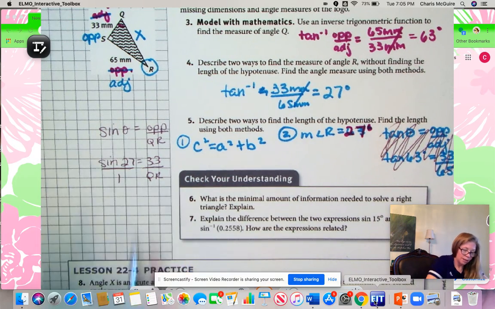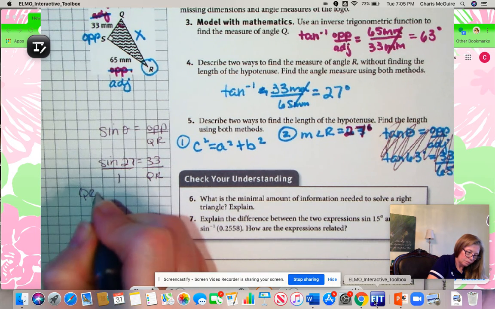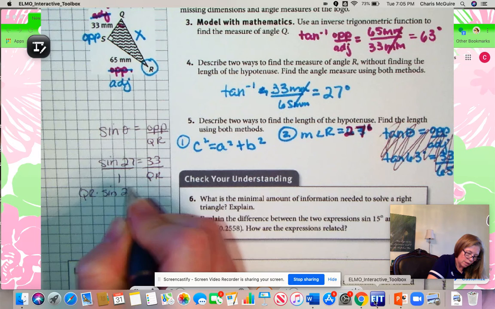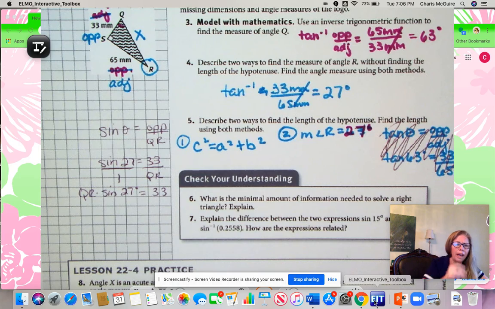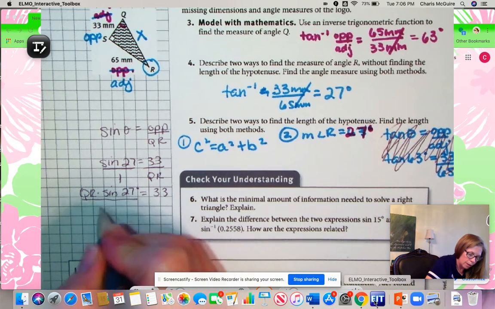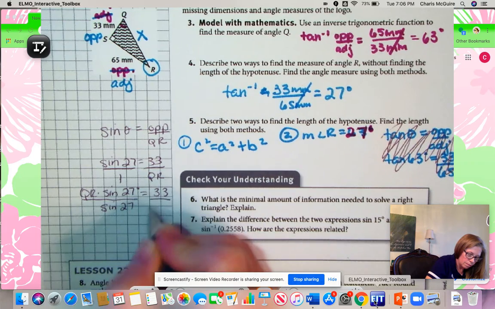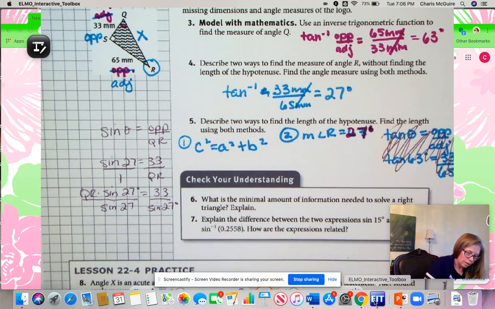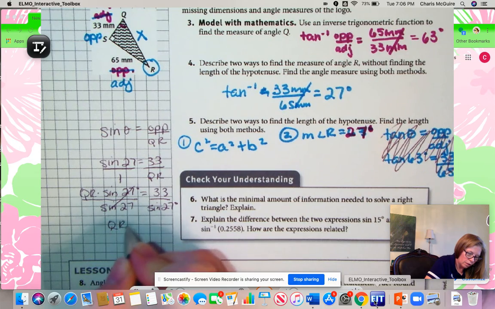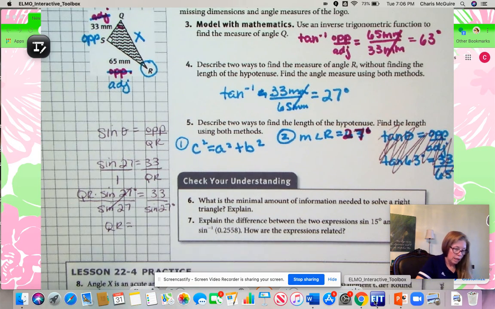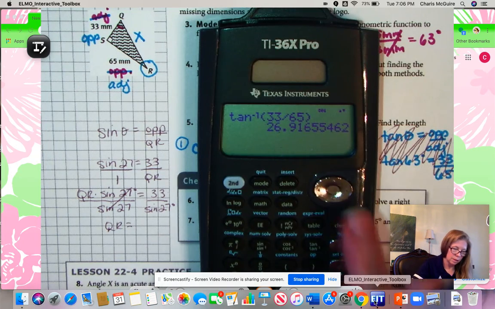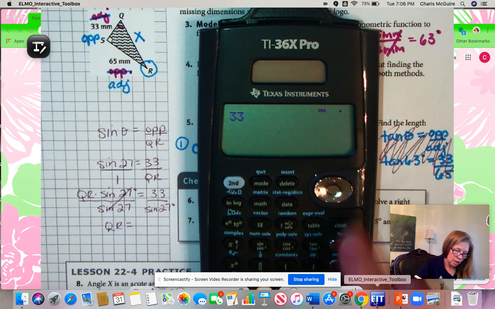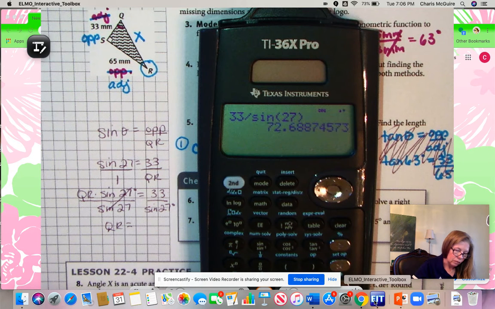All right, so cross products. We have QR times sine of 27 degrees equals 1 times 33. All right, so we did one like this the other day. We're solving for QR. We're going to go ahead and just divide by the sine of 27. All righty, so in your calculator, to get our final answer for QR, we're going to do 33 divided by the sine of 27. I'm going to come over here with the calculator. 33 divided by the sine of 27. All right, and we get